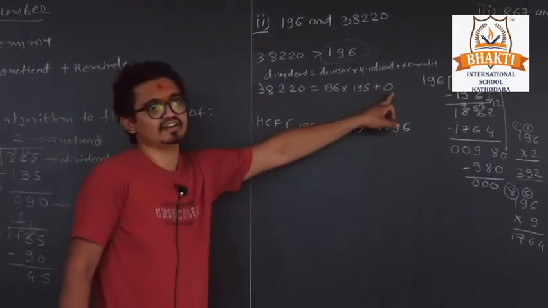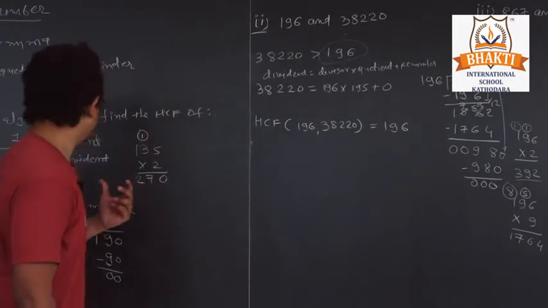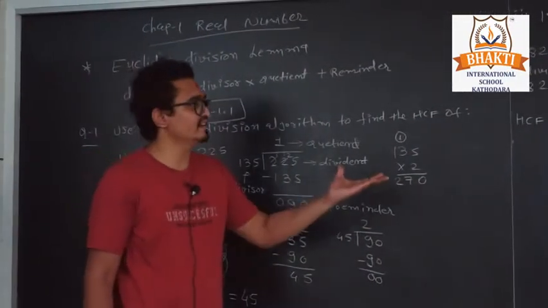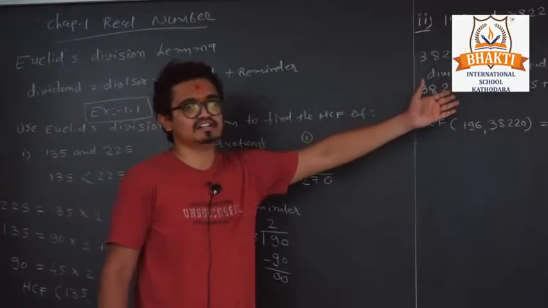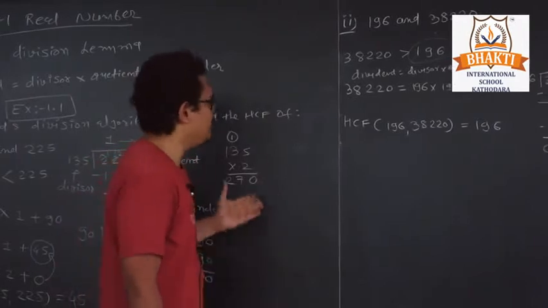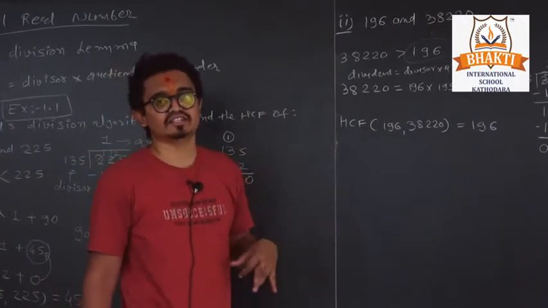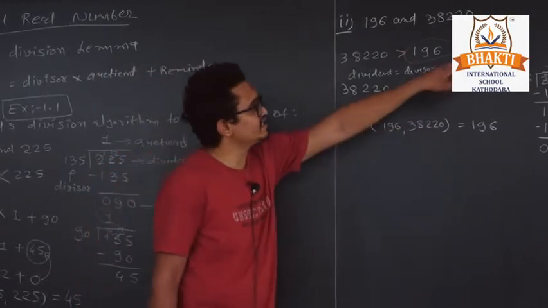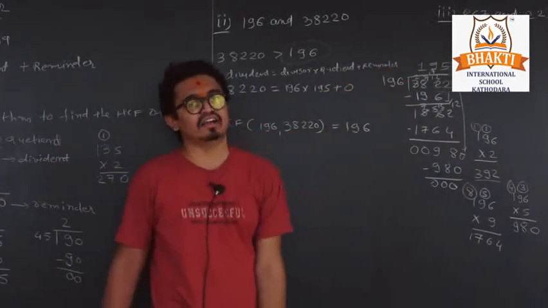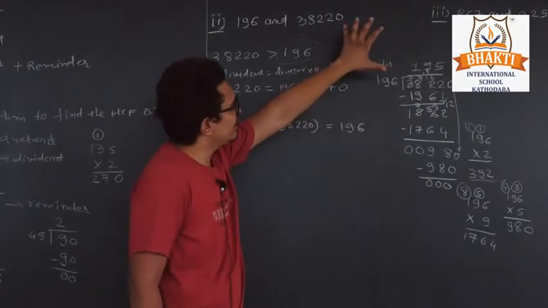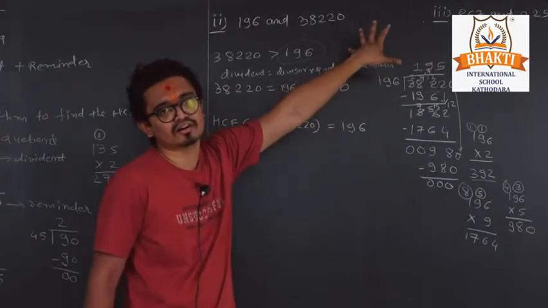So it is the same sum as our question number 1, but in the very early stage we can directly get 0 as our remainder. The number of steps depends on the sum, which kind of sum we have. And now the last sum, 867 and 225, is very similar to that, so you can directly do it as your homework.